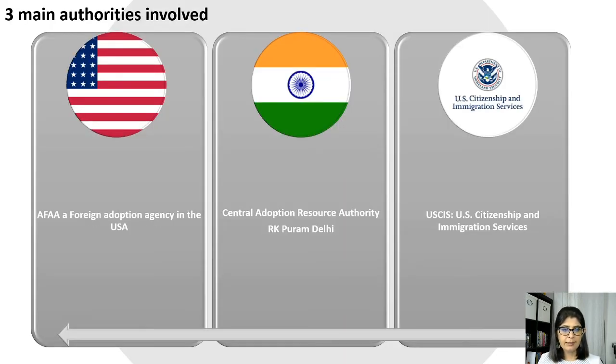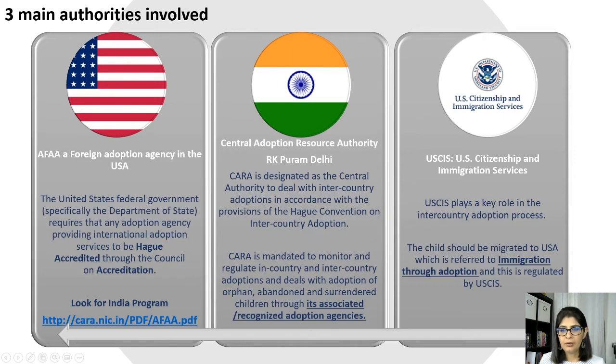And this is exactly what I've also explained in a little bit more detail: AFA, CARA, and USCIS and the role they play in the whole process. So there are around 17 AFAs in the US, and you can find their information on this webpage. You can download the information about their phone numbers and emails. And in my next video, I'm also going to show you in detail exactly where to look for this.